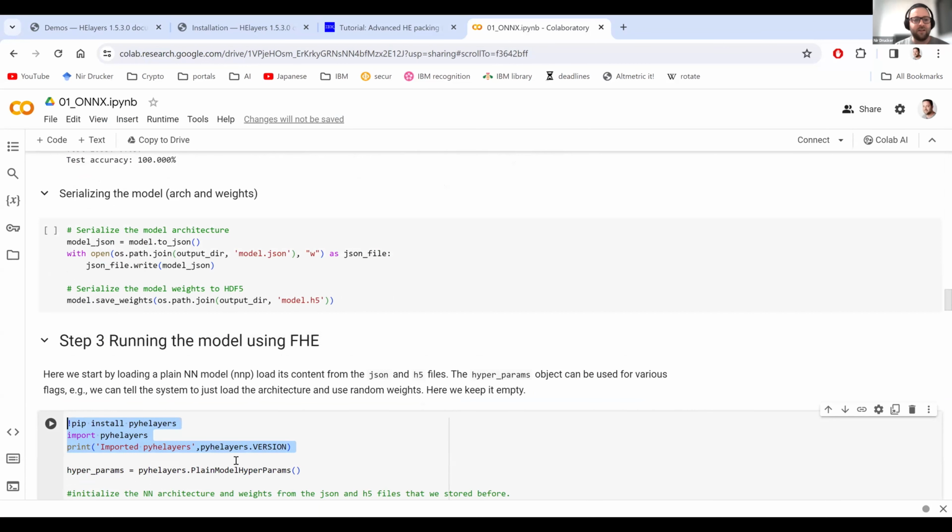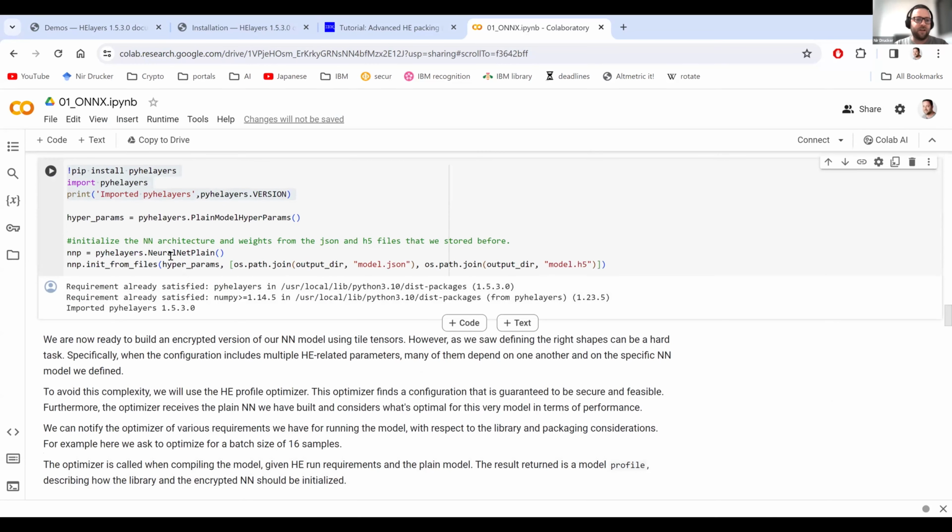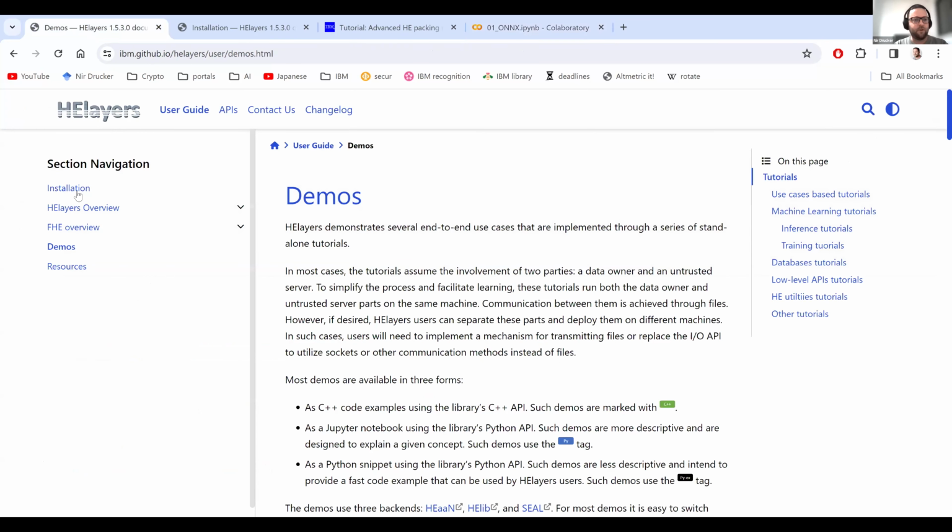Then if you want to encrypt a model, you could just say, I want a neural network model and init from files, from a JSON file, HE file, etc. And of course, you can find more information on our website. We have demos, we have installation, and everything else is discussed on our website.